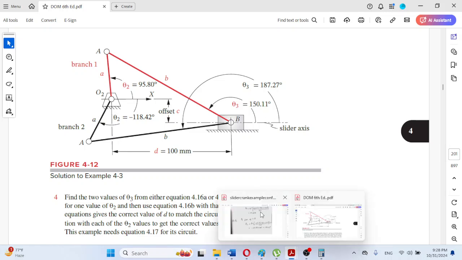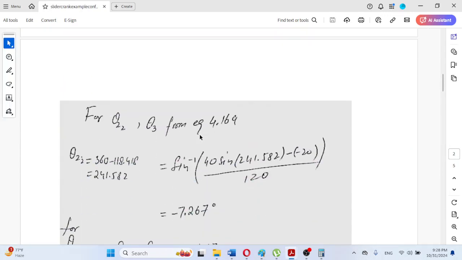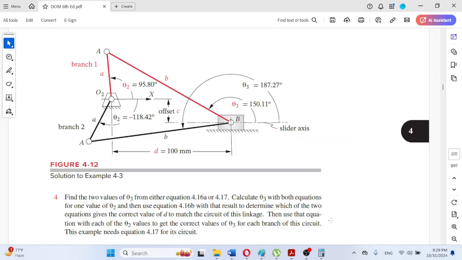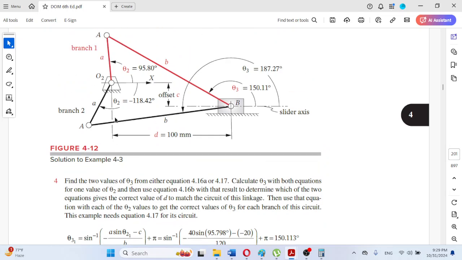So in this way, as the author has stated in the example, we calculate theta 3 using both equations for one value of theta 2. Now use theta 2 for this cross circuit to calculate theta 3